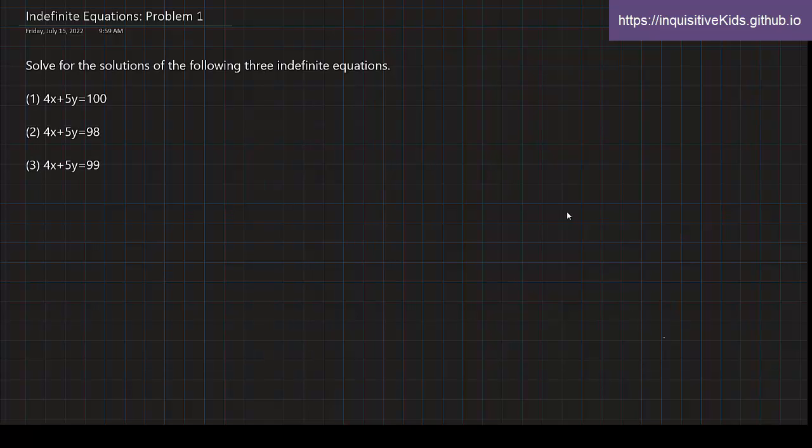Alright, so here is our first problem. Solve for the solutions of the following three indefinite equations. Our first one is 4x plus 5y is equal to 100. So if we take a closer look at this equation, and we're going to start using